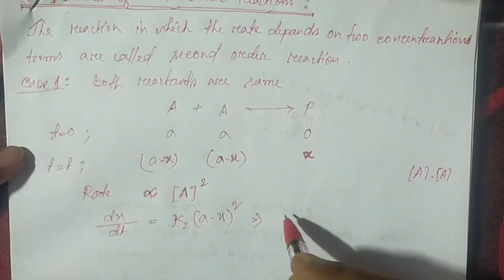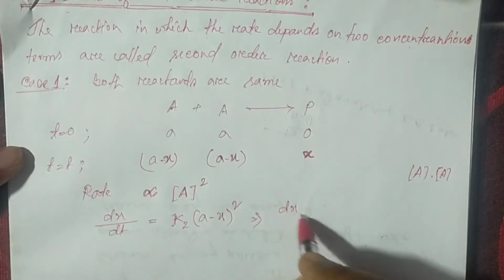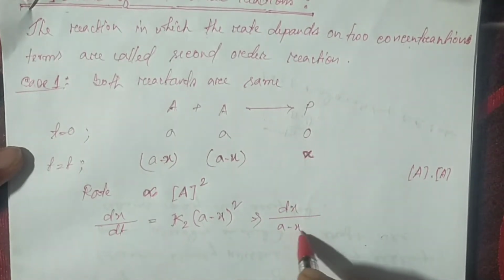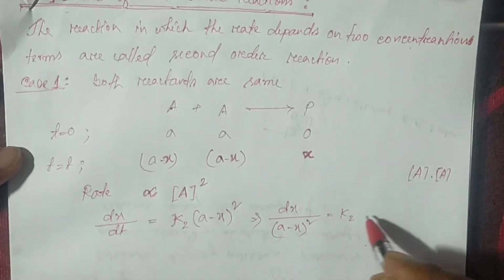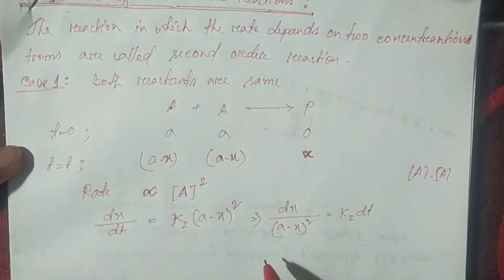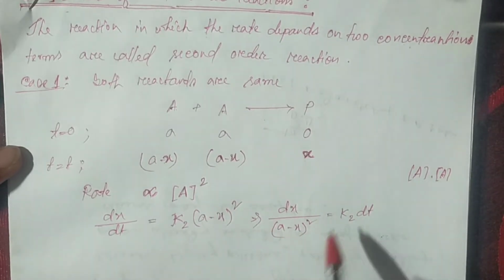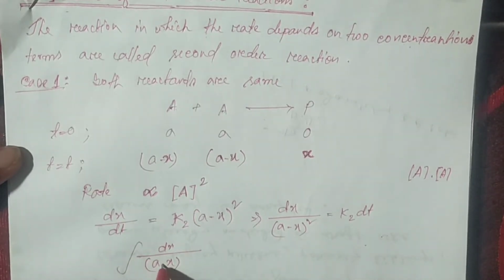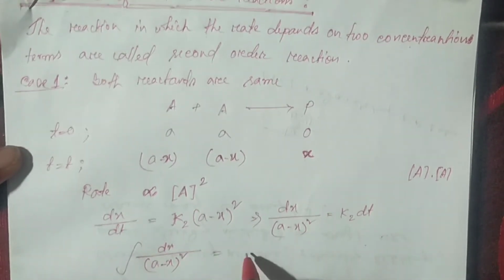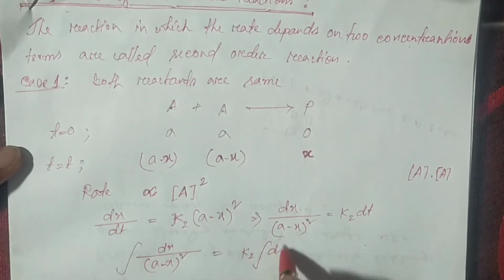So we can write dx by (a minus x) whole square is equal to k2 dt. When we integrate this equation, we get